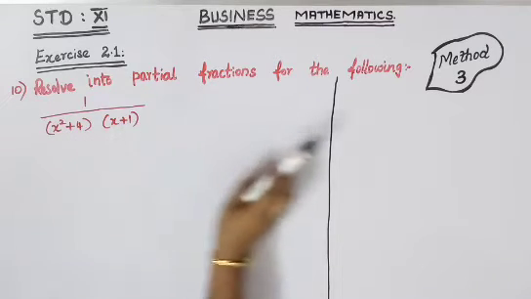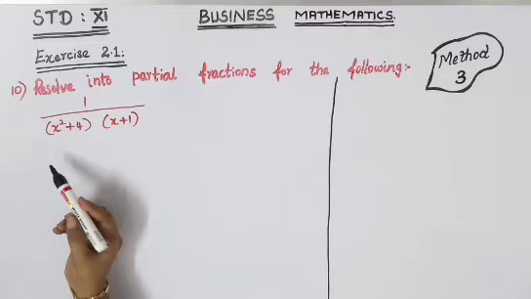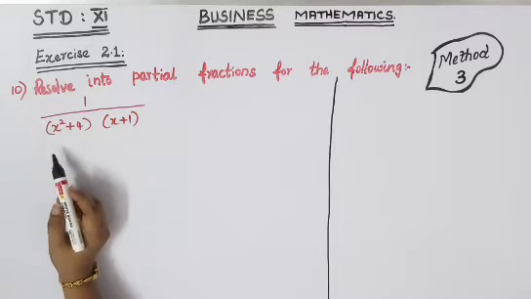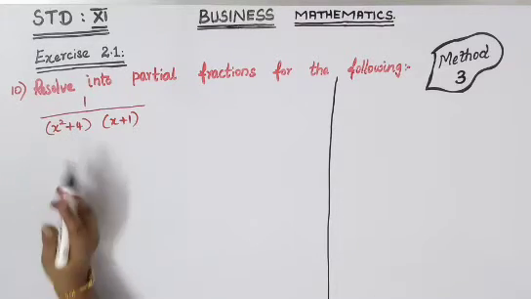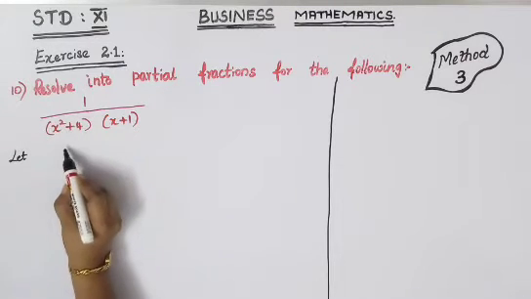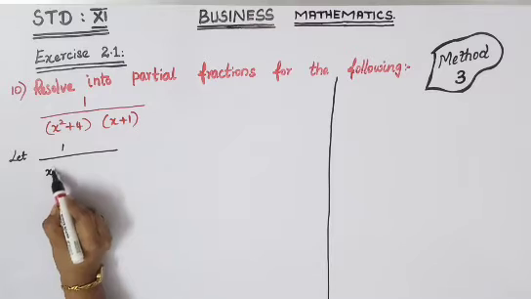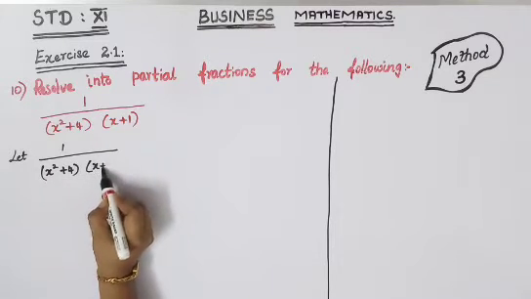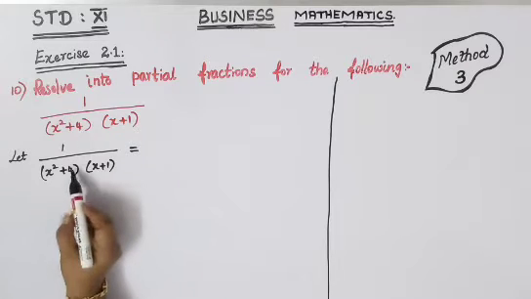So because of that I wrote here method 3. If you want you can check the concept. I have done a concept video, so you can check that video. All the 3 types will be there. So let 1 divided by (x square plus 4) into (x plus 1) be equal to,